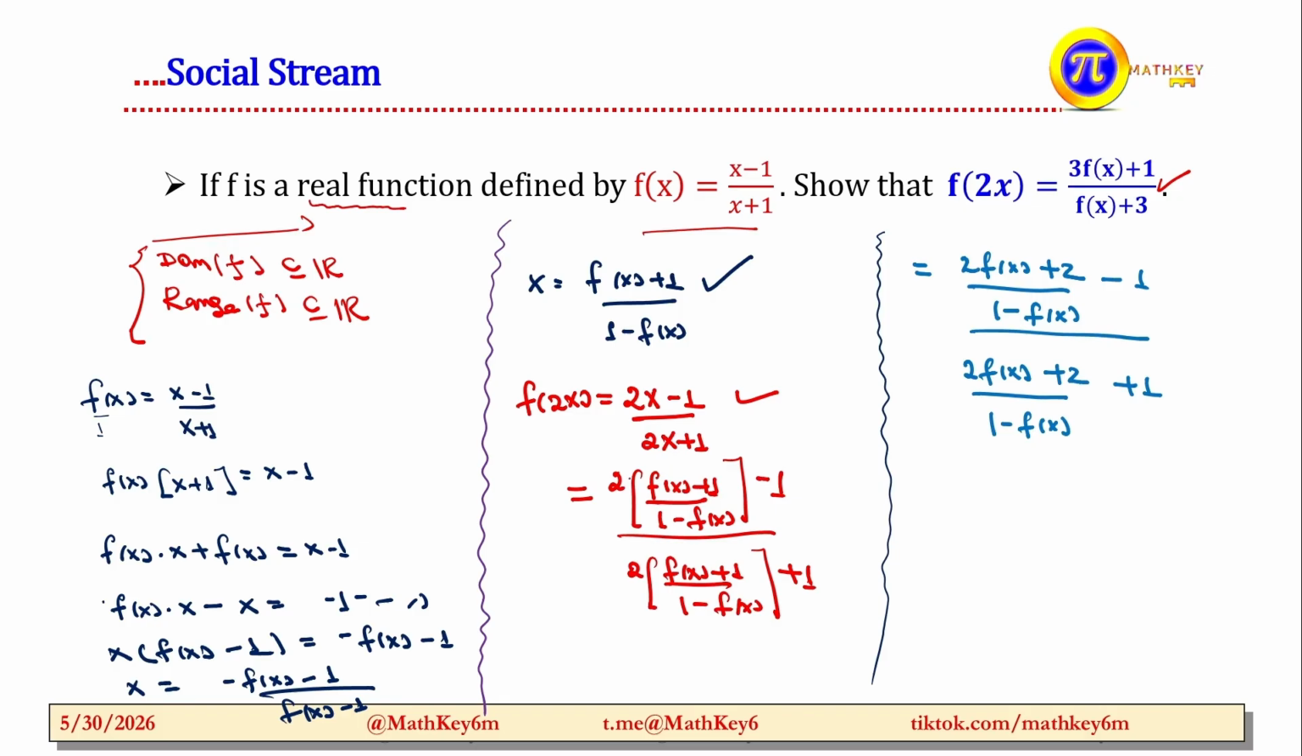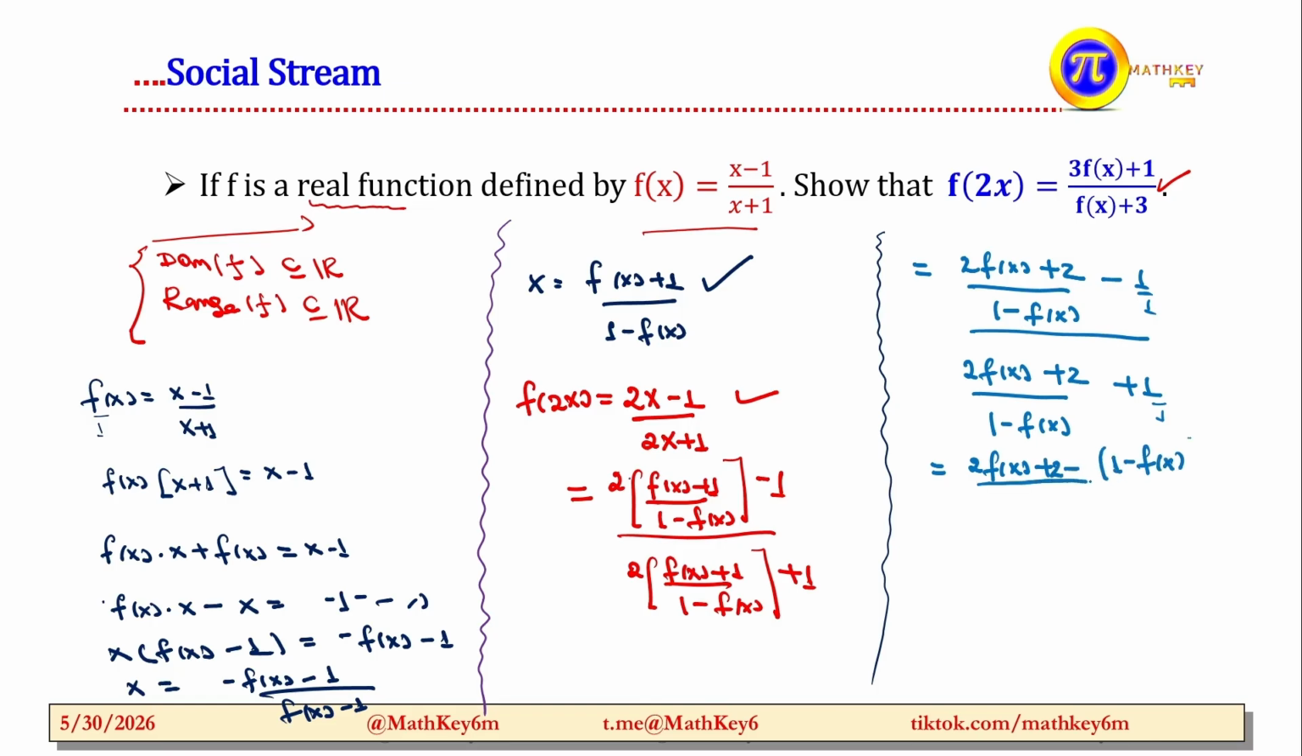After that, take the LCM for the denominator. Here it is 1, and here it is also 1. So 1 minus f of x divided by 1 means what? That is the same as 1 minus f of x times negative 1, but for this one it is 1. So this equals twice f of x plus 2 minus 1 minus f of x